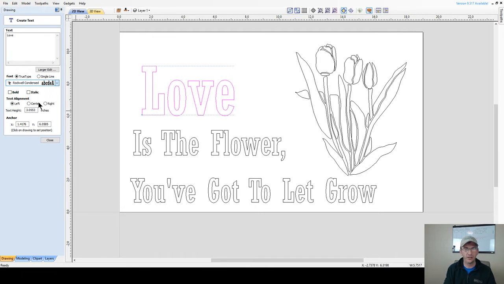And here's the thing, especially if you're new. Now, you may have seen me use this before, but for those of you that might be new to the Vectric software and like, man, I really wish there was an easy way to select and choose fonts, we're going to use WordMark. WordMark is one of my favorite websites to use to help me choose fonts and everything. And if you don't have it bookmarked in your browser, definitely use it. It's wordmark.it, and so you can see all of your fonts and everything